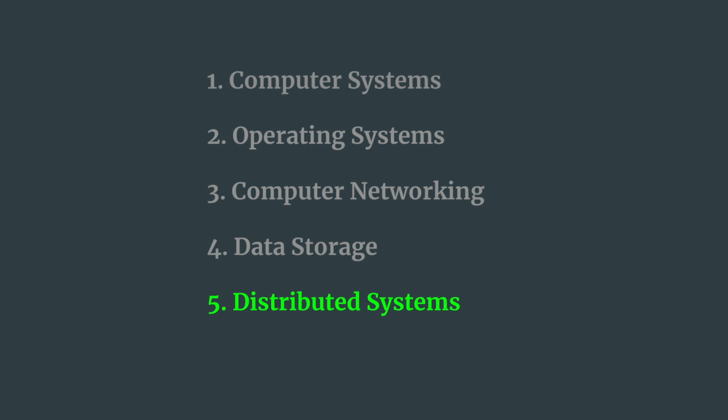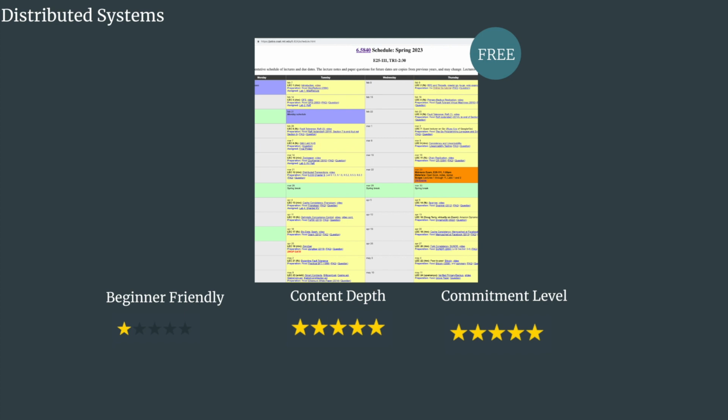Now comes the last section, distributed systems. The first recommendation is an open source MIT course on distributed systems. This course covers classic distributed system concepts and products such as MapReduce, GFS, Zookeeper, Spanner, etc., with hands-on labs using the Go programming language. I personally think it's better to take this course when you already have at least some ideas